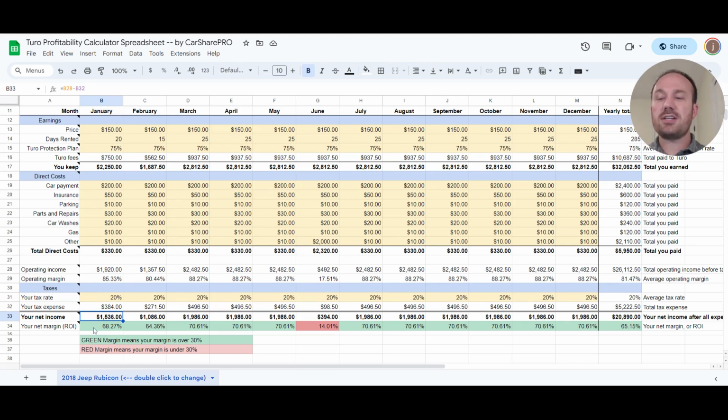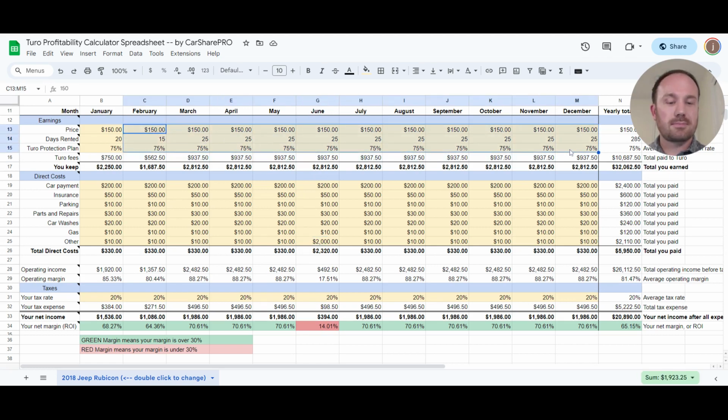Your net margin is 68%. Basically, any margin over 30% is pretty good. So if your margin is over 30%, the cell here will turn green. If it's under that, it will turn red. So you can see right here in June, I put in a $2,000 expense, maybe like a transmission or something. And that's saying, hey, we did not have a good month. When you download the sheet, all these numbers will be blank,